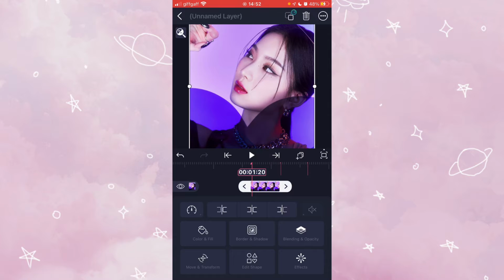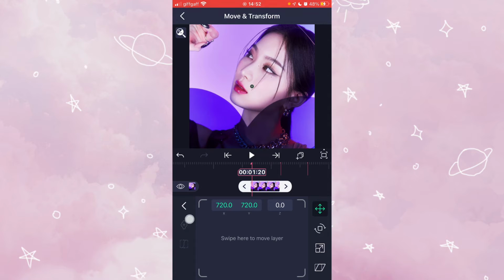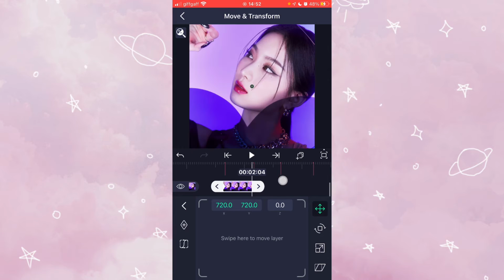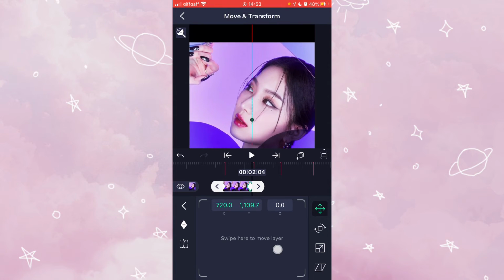Then click on your first image and go to move and transform, then click that keyframe, the plus diamond with the plus. That is called a keyframe. So you add one at the beginning and the end, and then with the one on the end you can move the thing up or down. I am going to move it down for this,